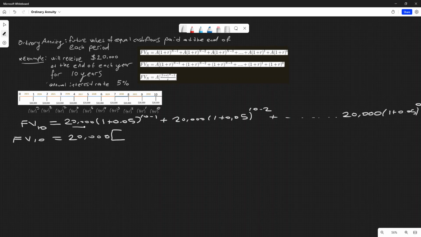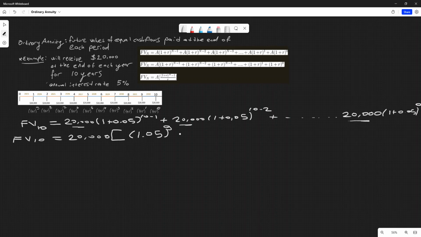What does it mean? You have 20,000 here, 20,000 here, and 20,000 here, so you can take the 20,000 out in front of the parentheses, and in that sense these become 1.05